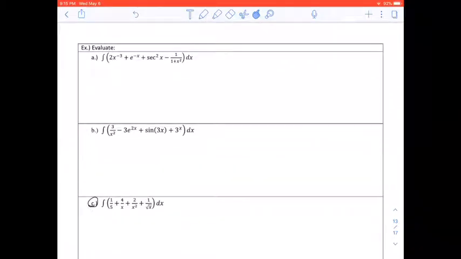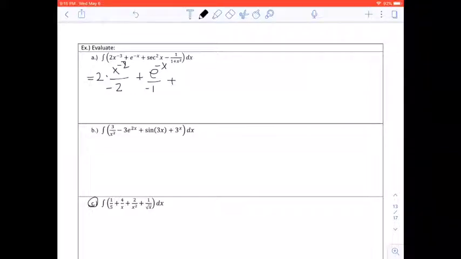So the next example says evaluate, and this is the integral of 2x to the negative 3rd plus e to the negative x plus secant squared of x minus 1 over 1 plus x squared dx. So we're going to go term by term. The first one is going to be, we have 2 times, I'm going to add 1 to that exponent, so this is going to be x to the negative 2nd all over negative 2 plus e to the negative x is going to be e to the negative x divided by negative 1